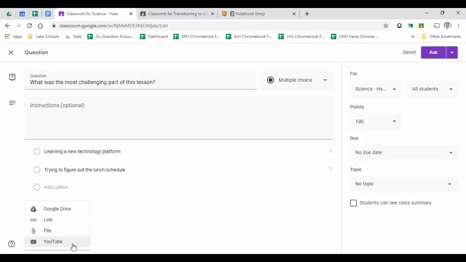YouTube video will be available. However, some videos will be blocked for students. This is YouTube blocking videos. Unfortunately, it's not our IT department. It is actually YouTube blocking videos for students. So please be aware that if you choose to include a YouTube video for students to watch, it may not